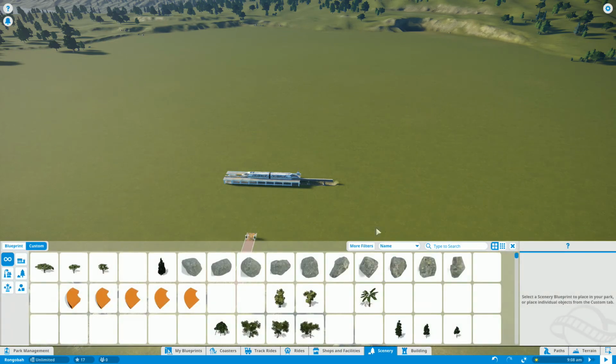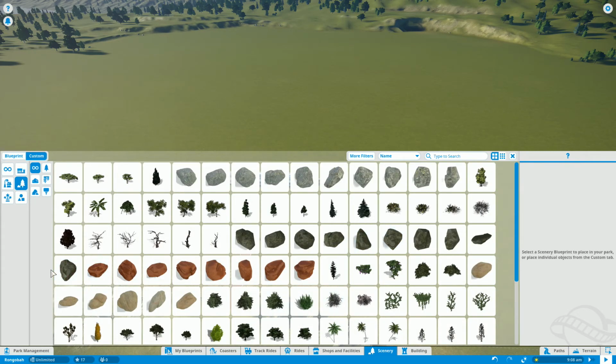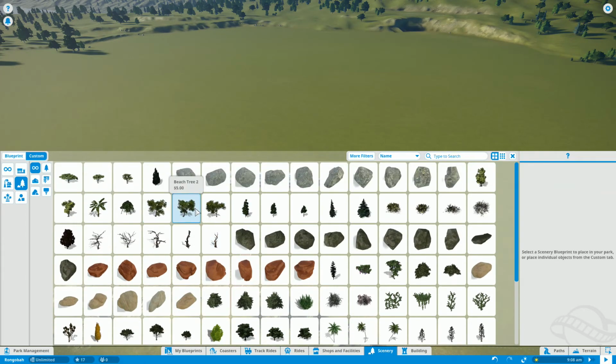And then scenery-wise, they've added a whole bunch of scenery to this version. Nature-wise, they've added more rocks, a few more trees, topiaries, bushes, all the good stuff. So tree-wise, we're probably going to be sticking to trees that kind of look like...